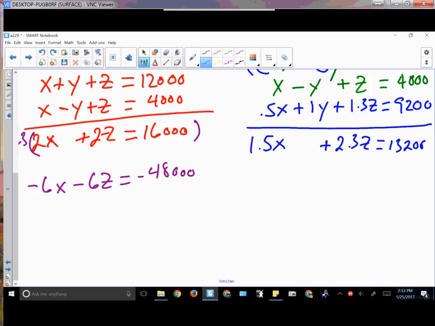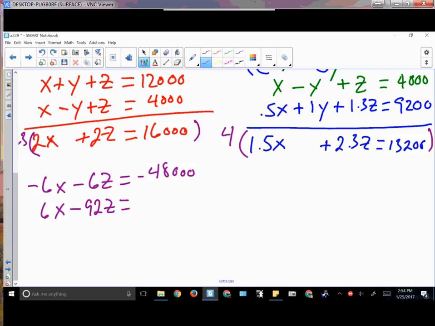3 times 16 is 48. Negative gets you negative 48, the zeros are still there. This side, I'm going to multiply it by 4. With actually 4 15s, that gets me to a 6x, yes? And let's see, 4 times 23, that'll be 46, that'll be 92, right? Minus 92z